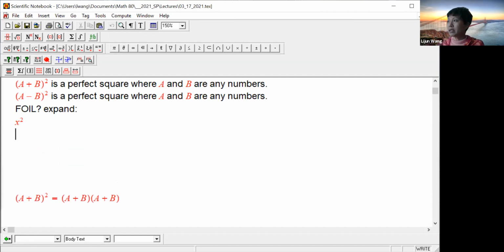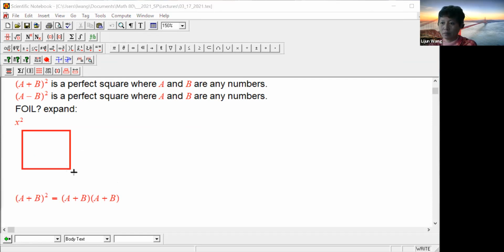It is a square, and all sides are the same. Do you follow me? And the area of this rectangle, which is a square,